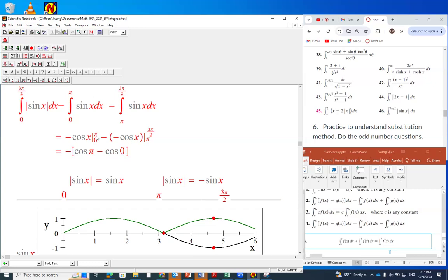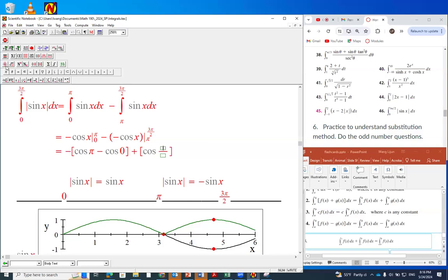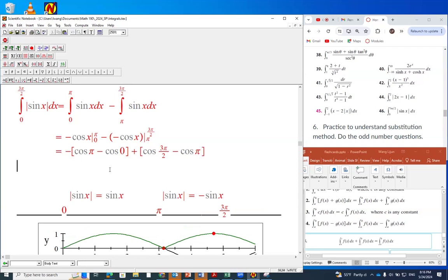But here we're doing negative, that makes positive, so plus cosine. This time it's going to be cosine 3 pi over 2 subtracting cosine pi. Boom. All right, equals to,